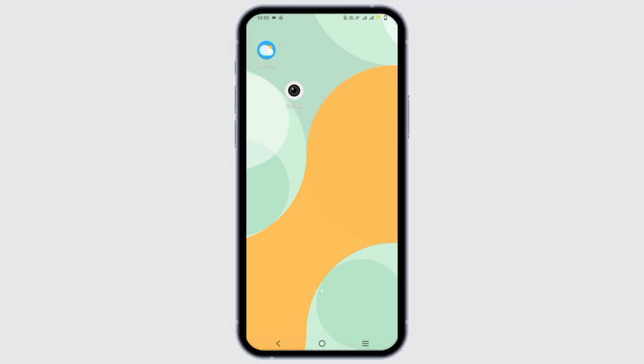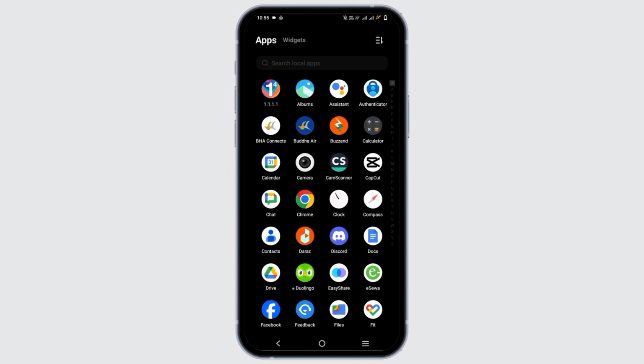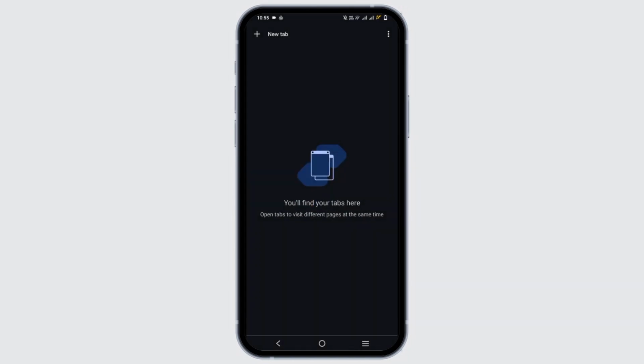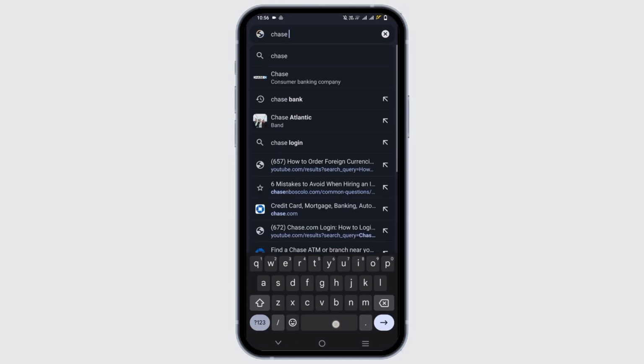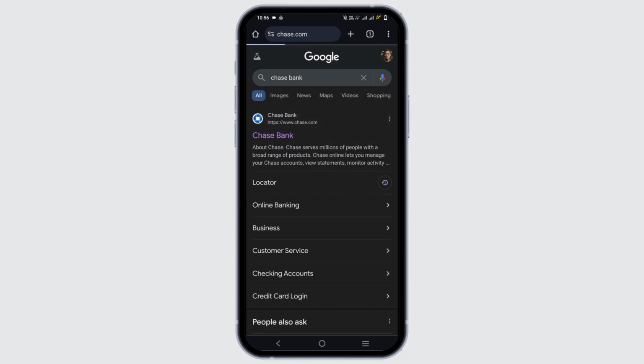If you want to log in into the web version of the Chase Bank online banking account, here is the tutorial. First of all, open any of your browsers such as Chrome and tap on the new tab. On the search URL, tap on Chase Bank. Once you type it, tap on the first link, which is by